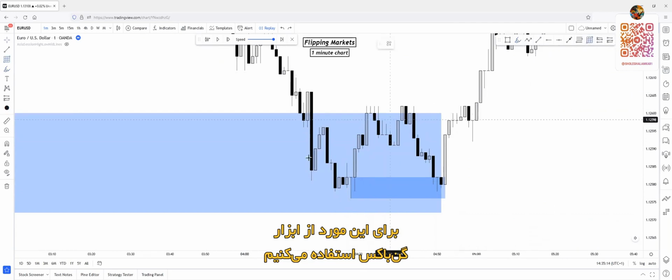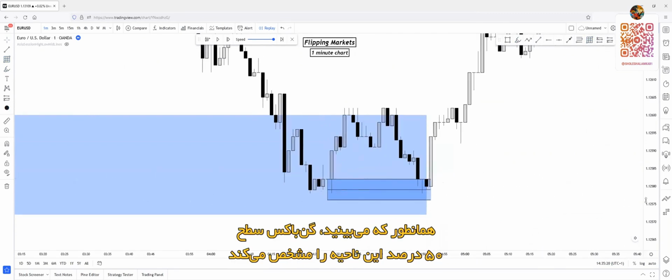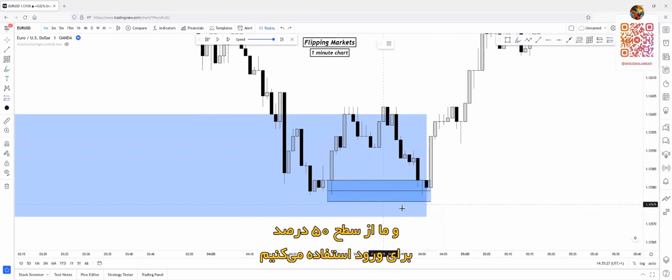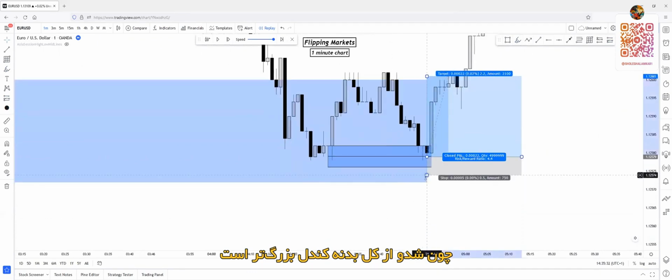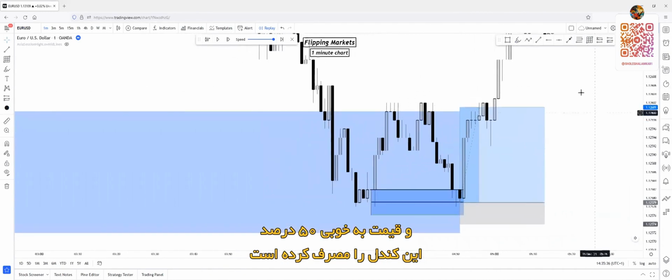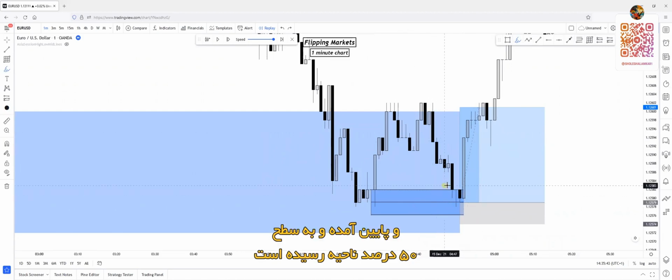So in this case, we will just pick our Gambax, mark the zone out, and use our Gambax on the zone, and it will perfectly mark out the 50% of the zone, as you can see on this line. And we will use the 50% entry because the wick is bigger than the whole body. And as you can see, price perfectly mitigated the 50% of this candle. It didn't respect the top of the zone. It just came down to mitigate the 50% of this zone.